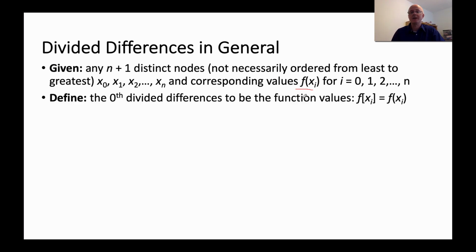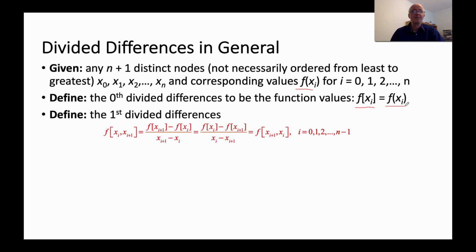The zeroth divided differences are defined to be the function values. So f of square bracket xi is the same as f of xi with curved braces. Those are the same as the function values. We call those zeroth divided differences because they're not really divided differences, but it's still okay to call them that. We can then look at the first divided differences. f of xi, comma xi plus 1, by definition, is this divided difference that you see right there, a division